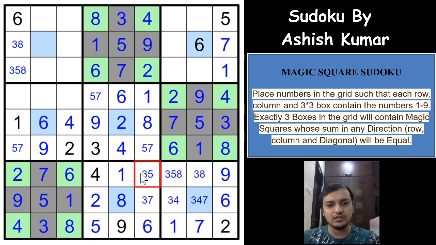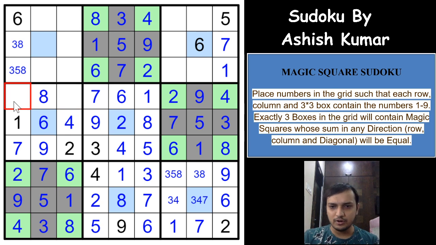And because of the 5 we get a 3 here, a 7 here, a 5 here, a 7 here, and a 7 here because of the 5. So 3 5 8 are remaining here, and 3 and 5 is here, so 3 and 5 are remaining here as well. And because of the 3 5 here, you get an 8 here, which means 3 5 has to be in one of these two cells in any order.